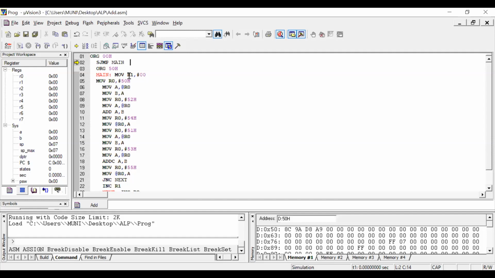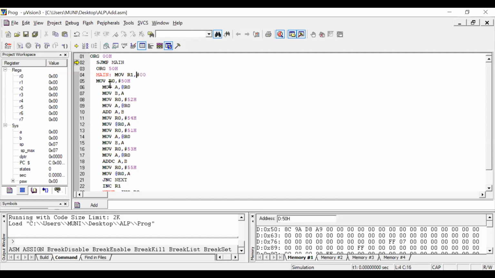And next, we take some registers to perform these operations. The first one is MOV R1, #00H. Sir, what is the need of R1? R1 is used to find out whether a carry is generated or not. So R1 is initialized for carry, which is simply the higher order result. Before the program starts, R1 is initialized to 00. First step is initialization of R1.